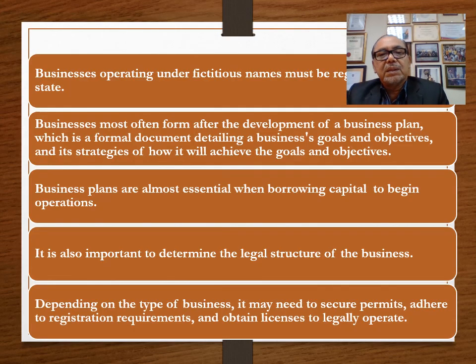Okay, a business operating under a fictitious name must be registered with the state. Take a name like East West College Negeri Sembilan. You can't use the Negeri Sembilan name. You must get the proper approval from the state government if you want to use it. Also in Malaysia, if you want to put a name like Royal Restaurant, you can't simply put Royal because that is meant for the king and sultan's name. So if you want to put Royal in your restaurant name, you need to get the approval from the king of the state.